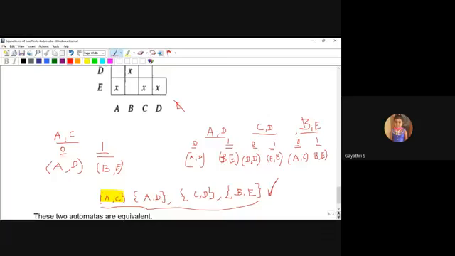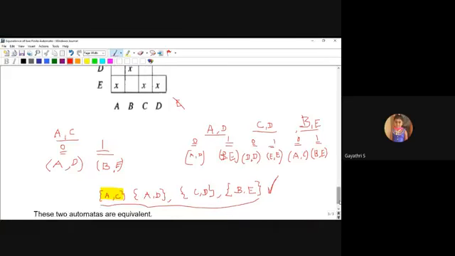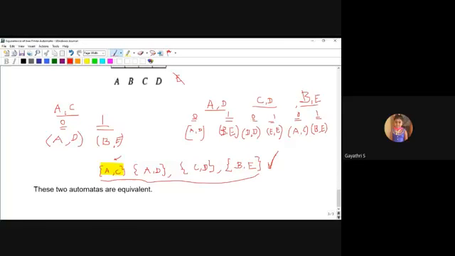So no need to proceed to iteration number 2. Iteration number 1 and step number 2 are equal, so there is no use in proceeding to iteration number 2, since all the pairs are unmarked. So the given pairs AC, AD, CD, BE are the unmarked pairs. Within these, AC is one of the pairs that has the starting states of both automata. So these two automatas are equivalent. Any doubt? Unit number 2 is over. If you have any doubt, just post it in the chat box.